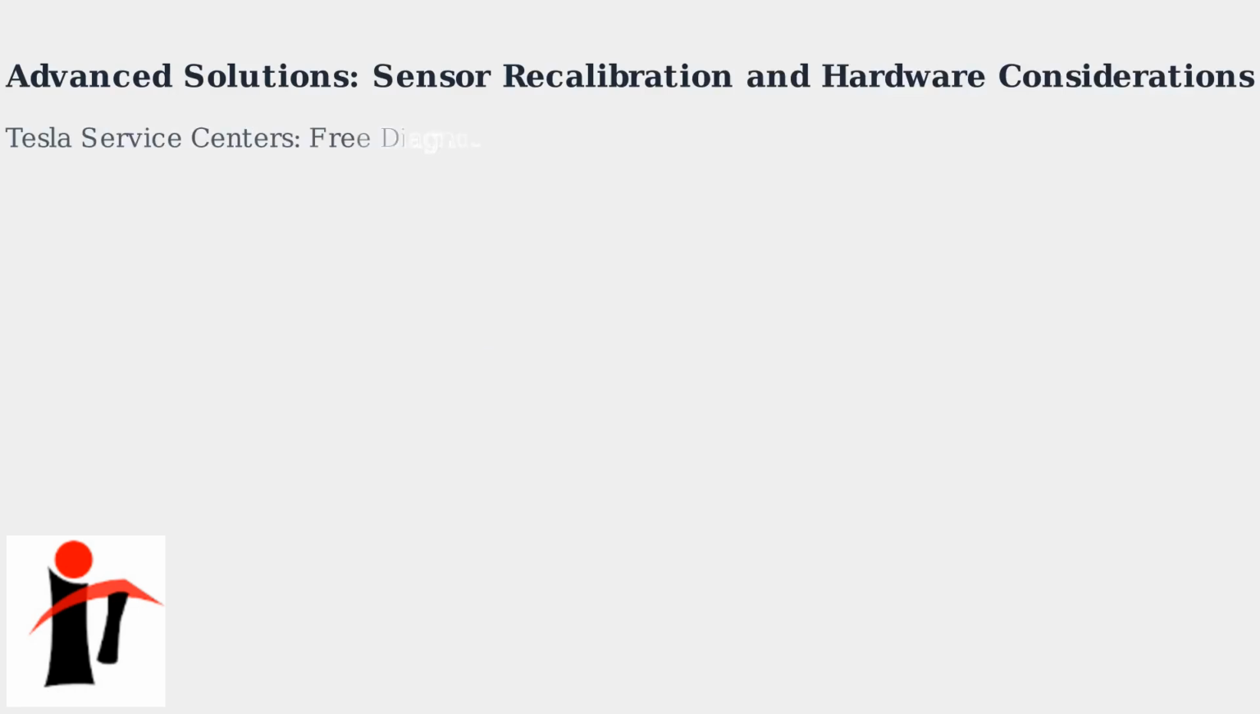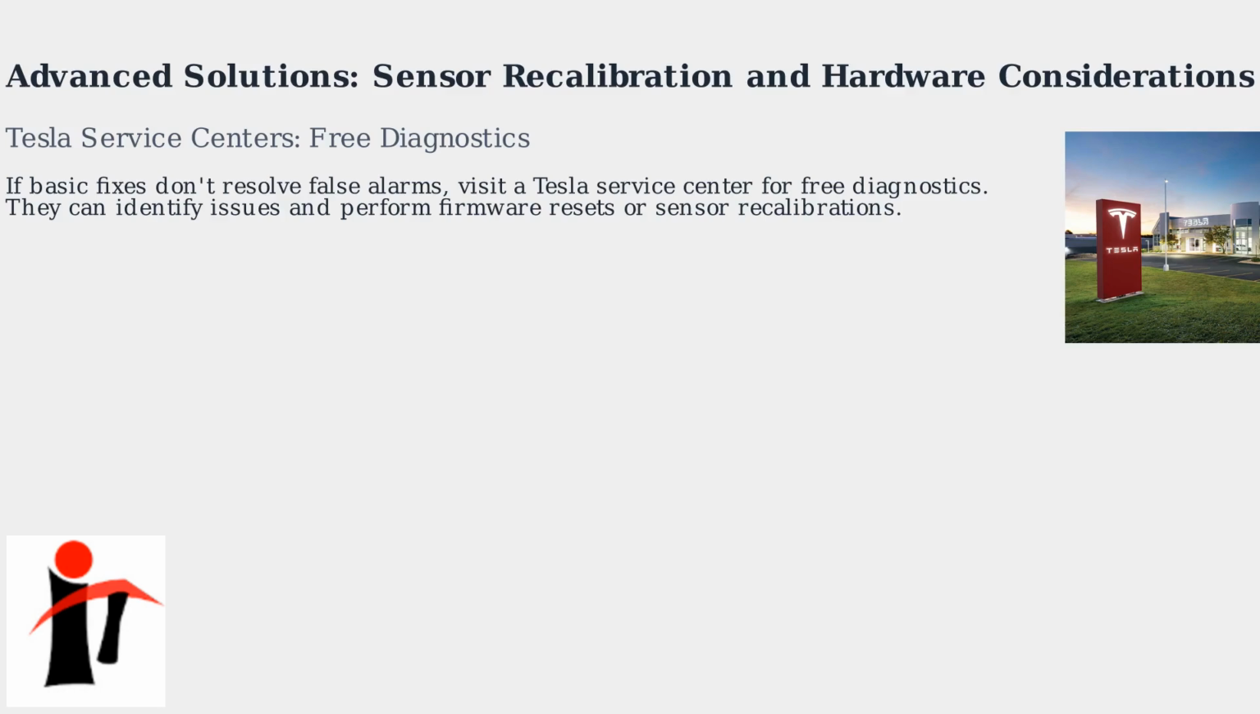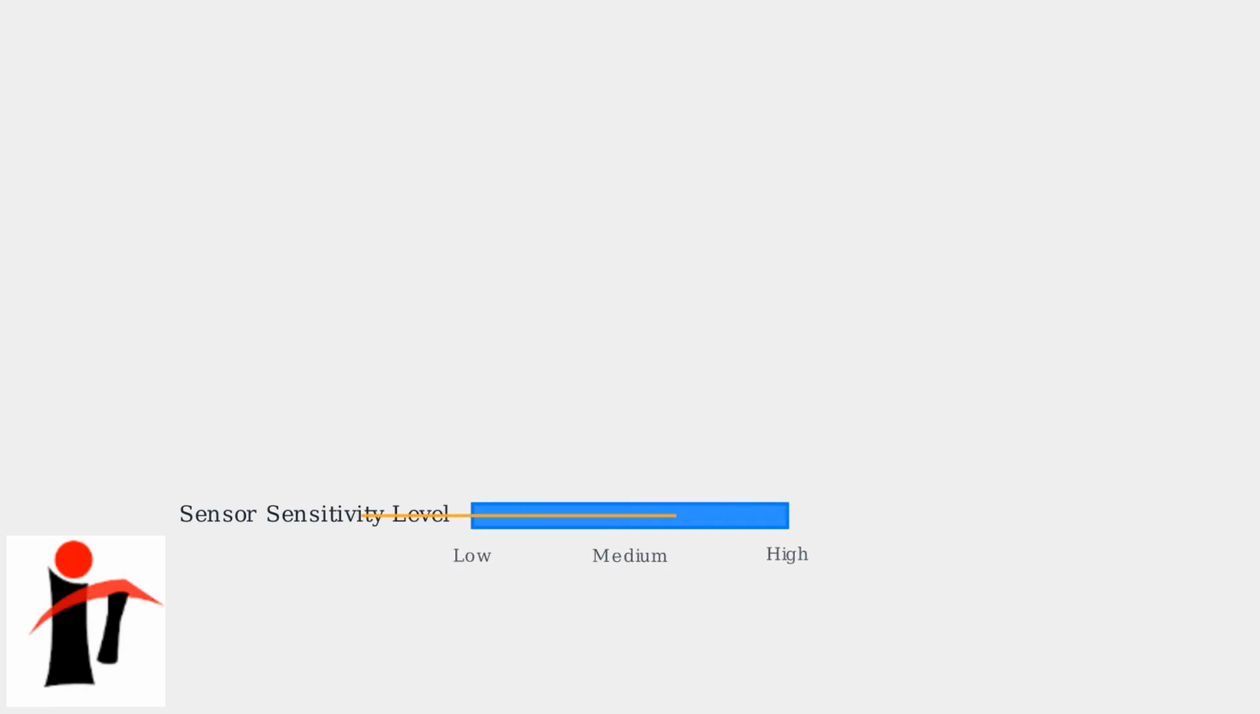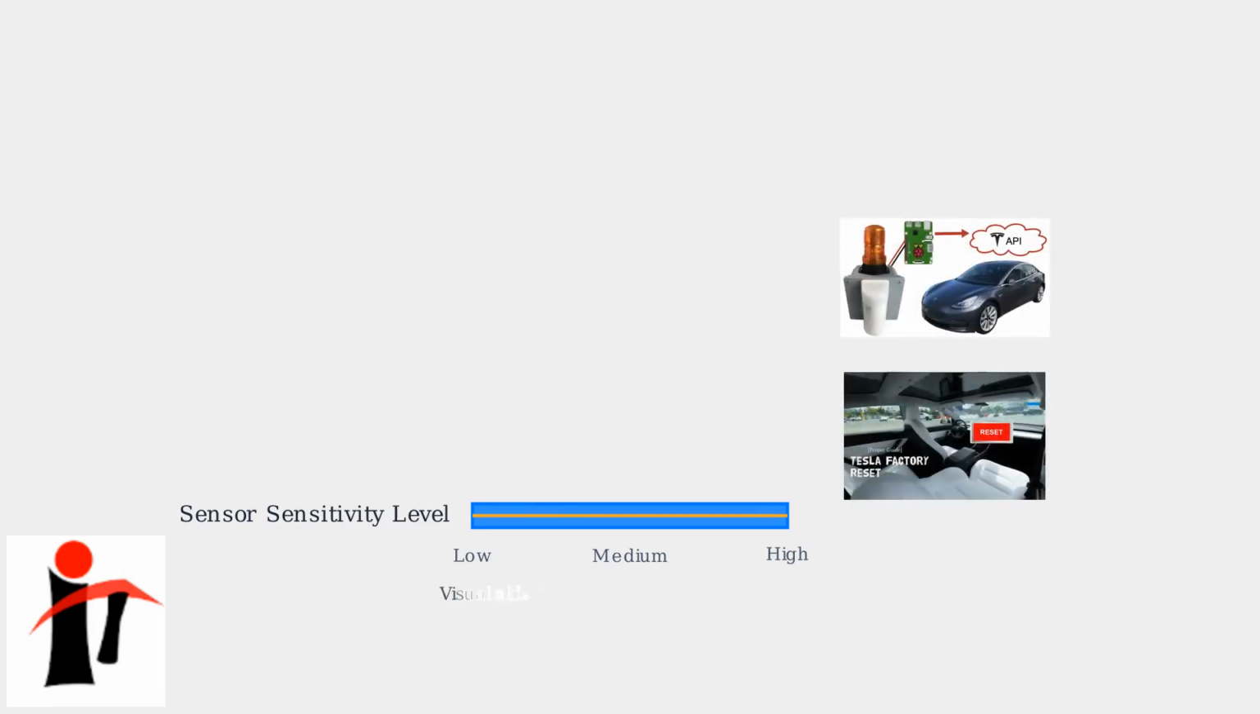For persistent false alarm issues, Tesla service centers provide free diagnostics to pinpoint the problem. Technicians can perform firmware resets to clear cached errors or recalibrate sensors to adjust sensitivity levels. Keep in mind that pre-2018 Model S vehicles may have older hardware components that are more susceptible to false triggers due to aging sensors or wiring. Sensor recalibration involves adjusting sensitivity levels through diagnostics. Tesla has extended warranty coverage for sensor-related alarm issues on pre-2018 models until 2028, ensuring these vehicles receive necessary hardware